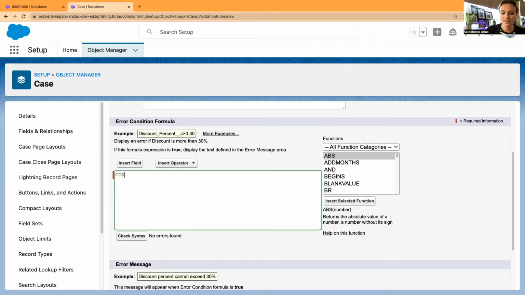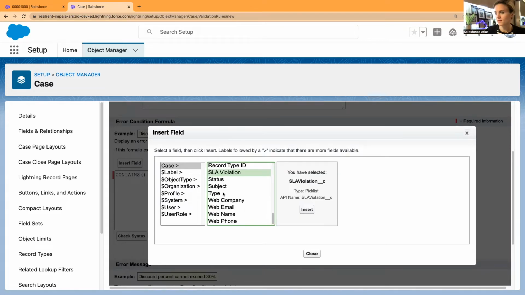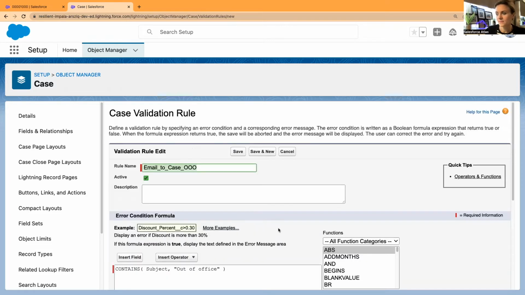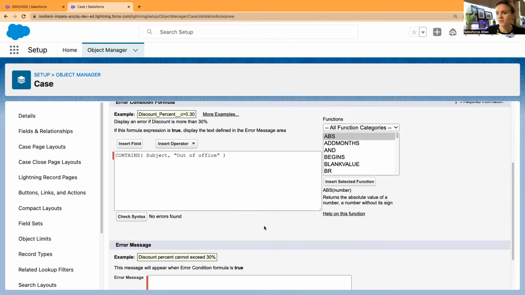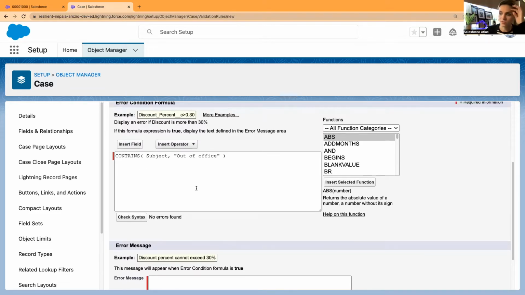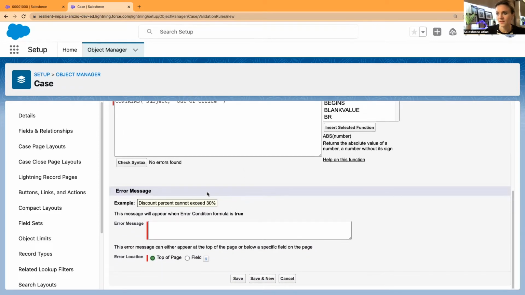Now I'm going to write contains, and I'm going to find the subject line, subject, and that's going to be, let's say, out of office. And now check the syntax, make sure it has no errors, and I will add some more things later as well to this formula. But right now I'm going to try with the out of office only,